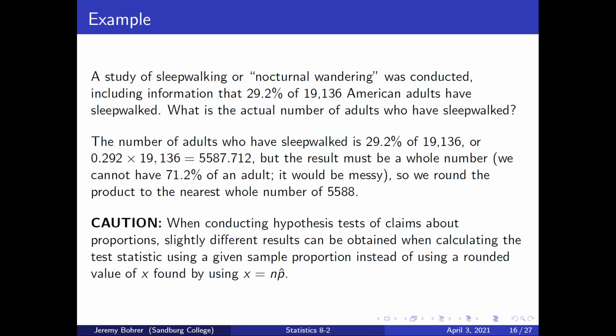The number of adults who have sleepwalked is 29.2% of 19,136, or 0.292 times 19,136, which is equal to 5,587.712. But the result must be a whole number. We cannot have 0.712 of an adult. It would be messy. So we round the product to the nearest whole number of